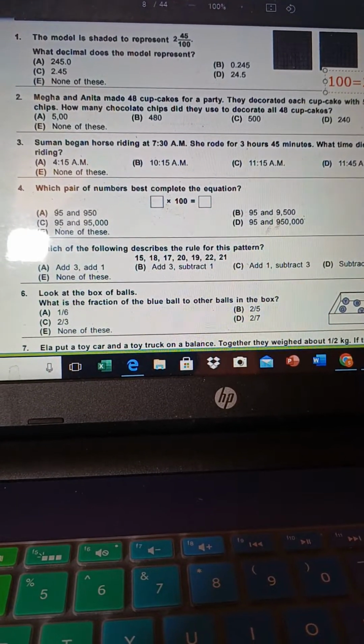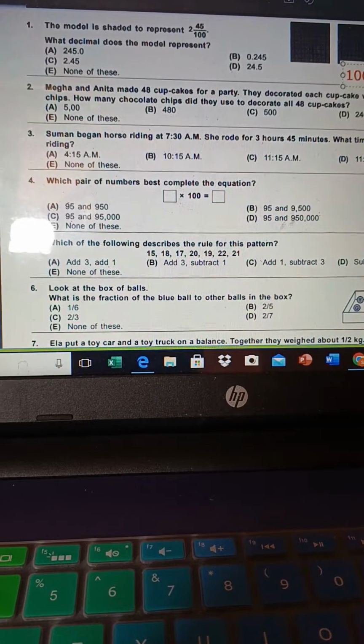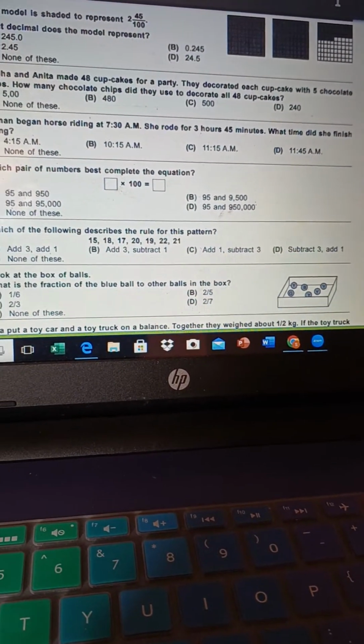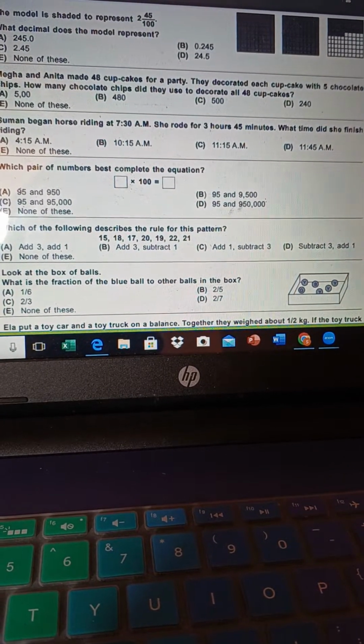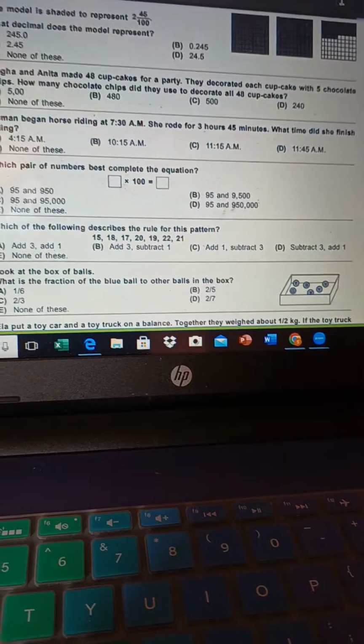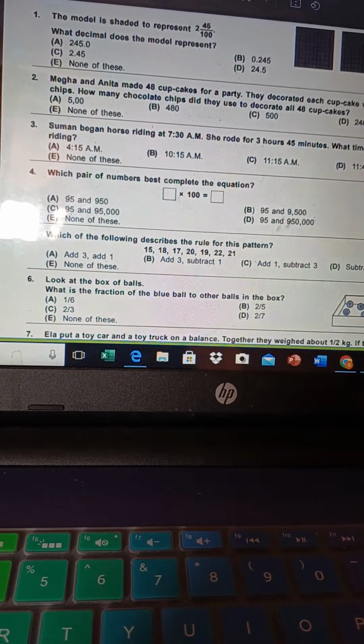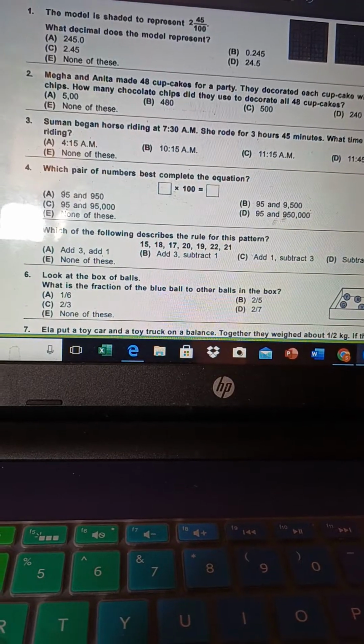For number 2, Megha and Anita made 48 cupcakes for a party. They decorated each cupcake with 5 chocolate chips. How many chocolate chips did they use to decorate all the 48 cupcakes? So what we have to do, this is very simple. We have to first find out that for one cupcake,